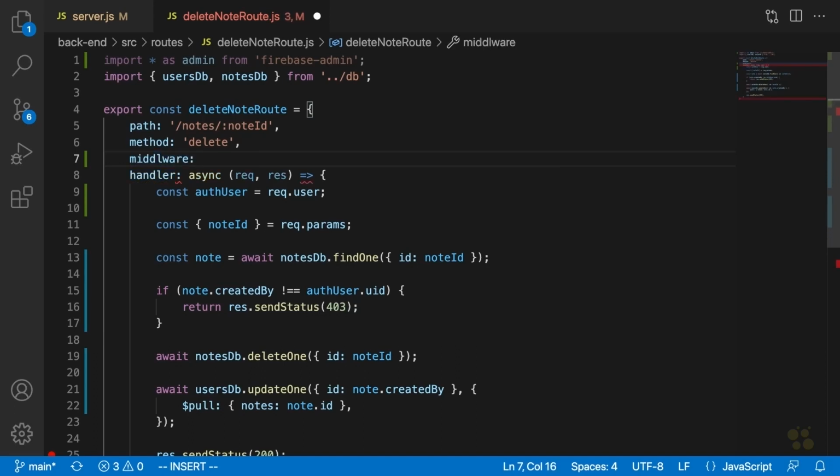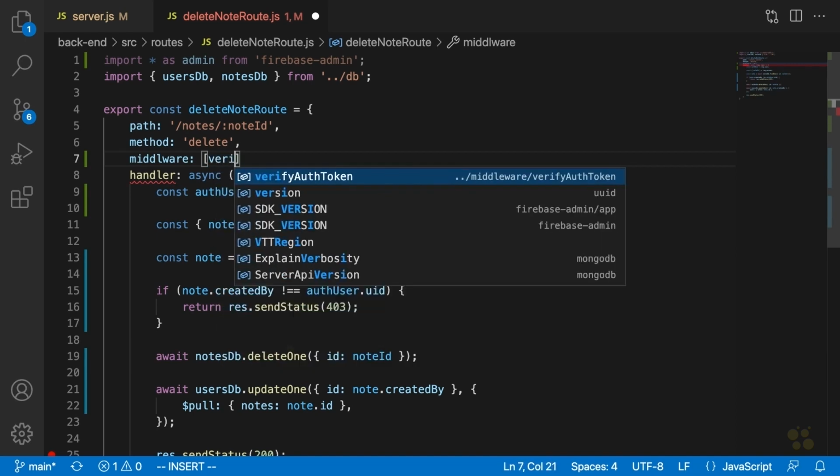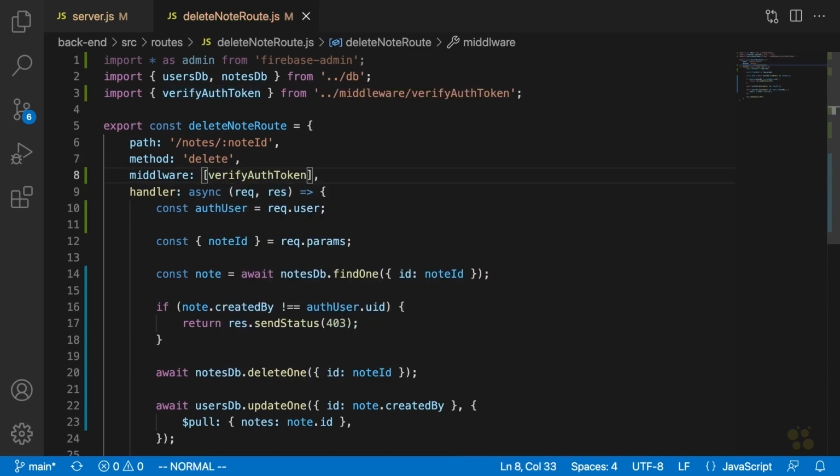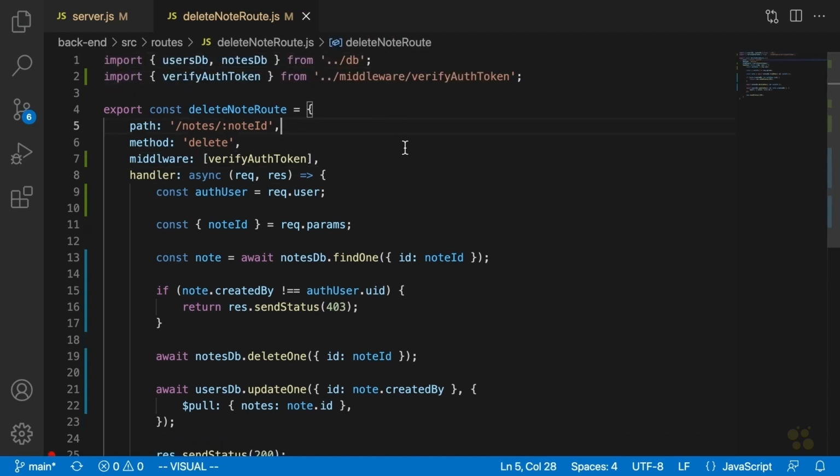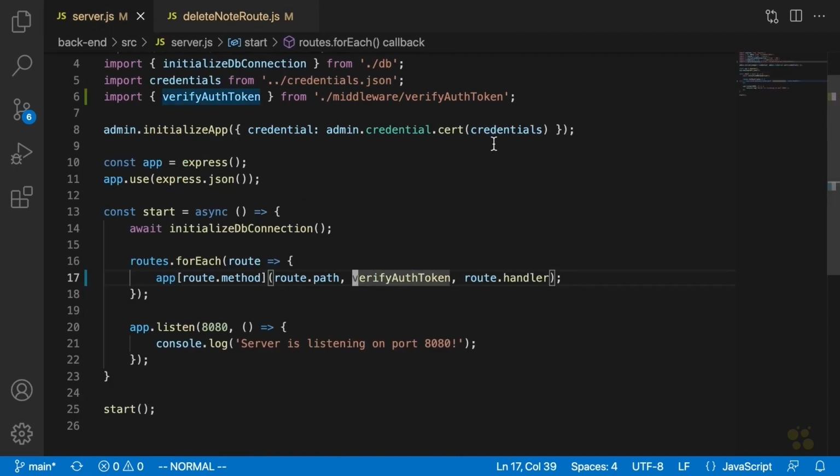And what this will do is it'll allow us to define what middleware functions this route wants, right? So this is going to be an array. And inside here, we're going to say verify auth token because we want that on this route. And we can also delete this admin thing here. We don't need that anymore. And once we've done that, we're going to go back through the rest of our routes and do that later on. But just to show you what this will look like, once we've done that, we can say